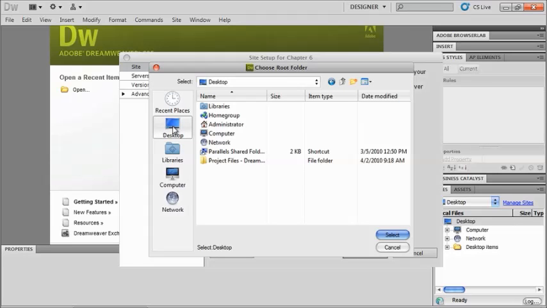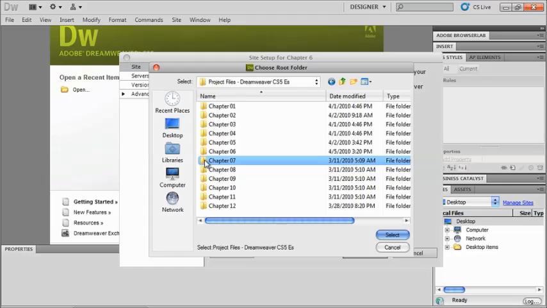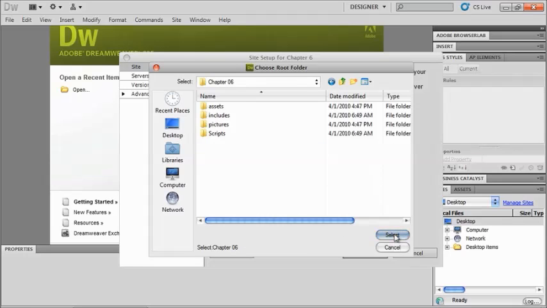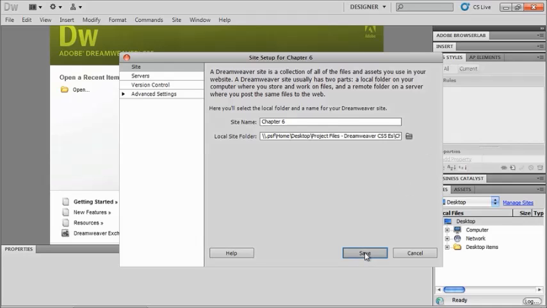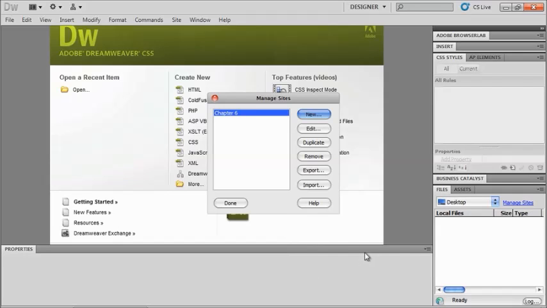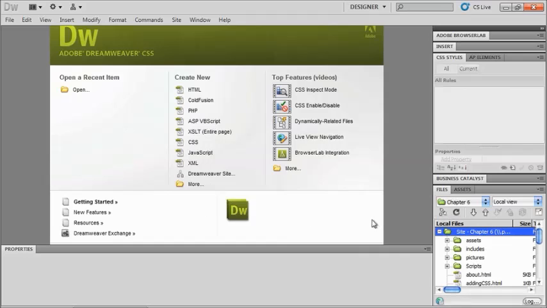Remember, we have chapters right now, but in the end, when it's your own site, you're going to be defining your root folder, and all of your files are going to be inside of your root folder. Why we're doing that, again, is so that when we move things around, Dreamweaver helps us update our links for us. So I'm going to open my project files. I'm going to go to Chapter 6 and open, and select, and now save. I can click on Done, and if you would open